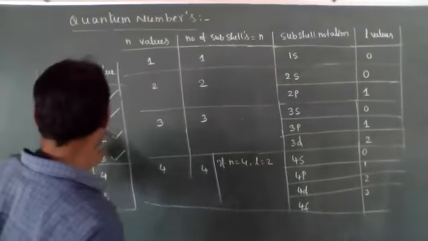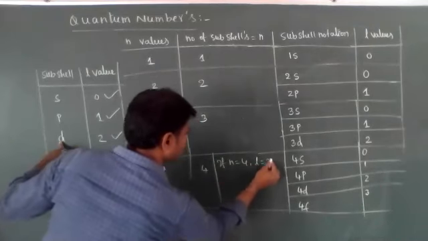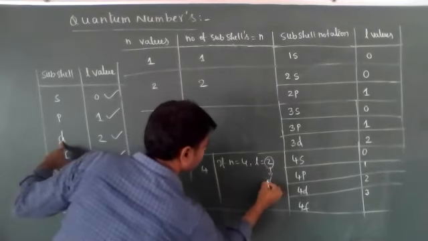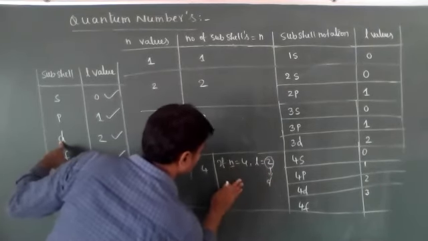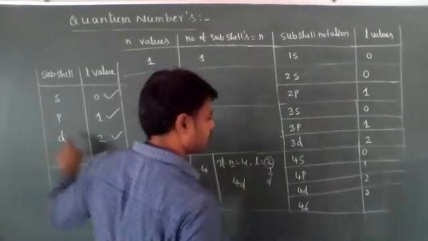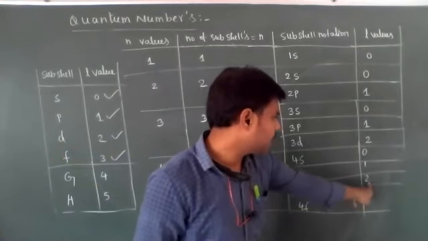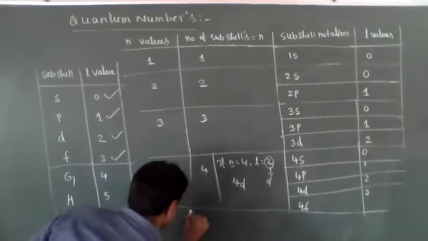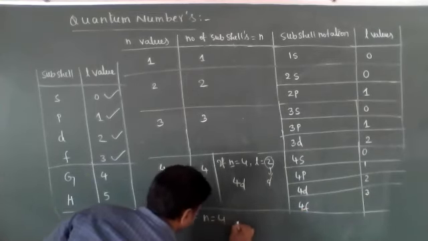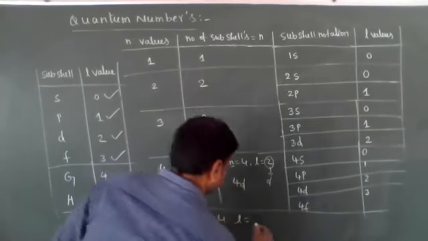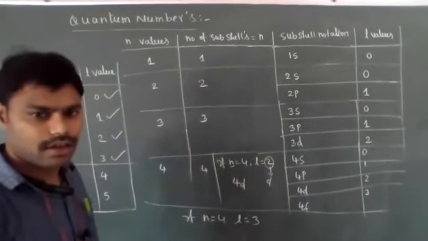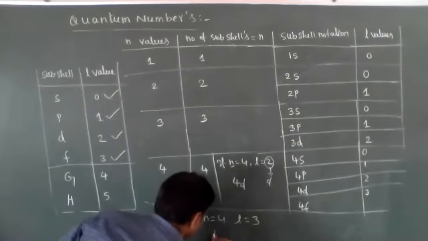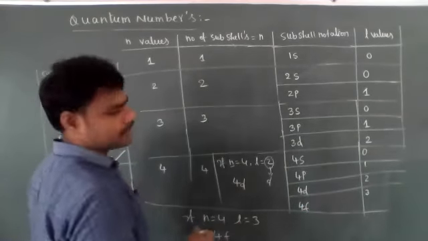L equal to 2 means D, and n equal to 4 means 4d. See, in 4d, L equal to 2, n equal to 4. And if n equal to 4, L is equal to 3, then it belongs to 4f. And same way,